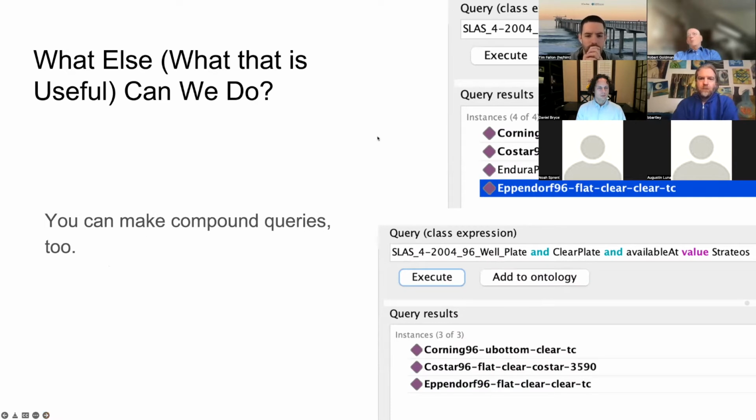And we can make compound queries, right? Again, the clear 96 well plate. And down here at the bottom, we can say, I need a clear 96 well plate that's available at Stratios, right? So I can express that kind of query in this